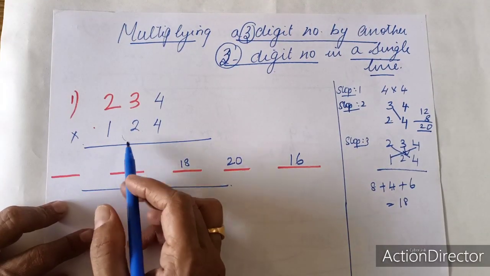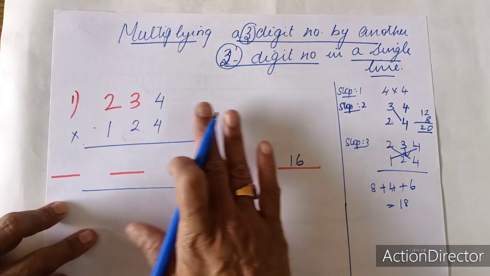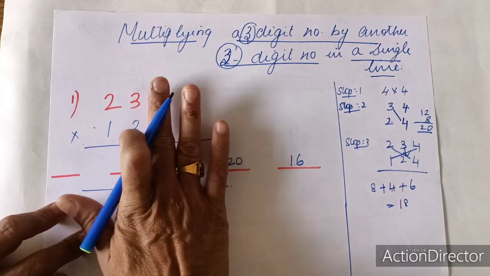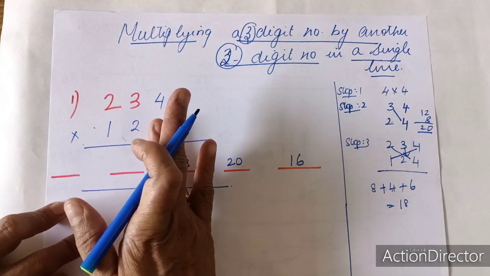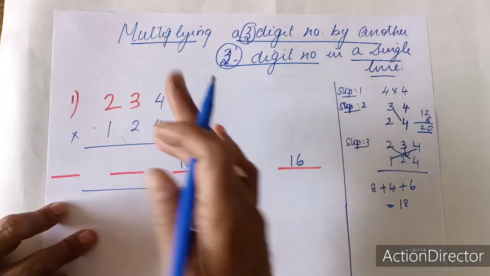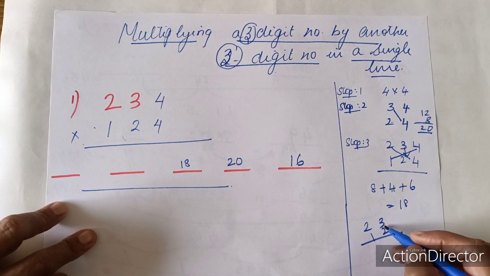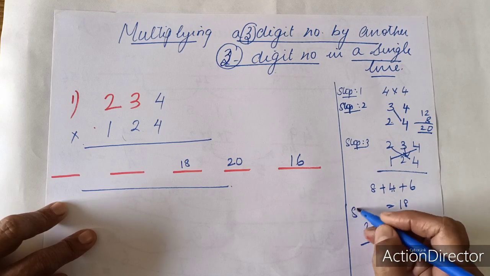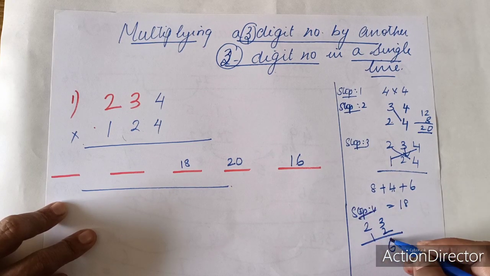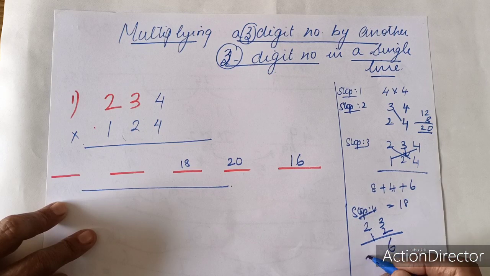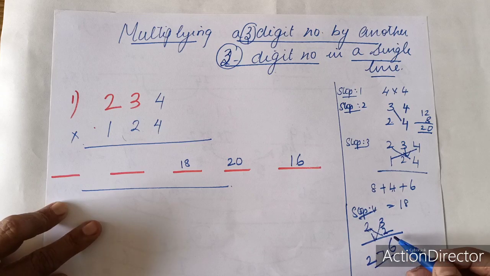Now moving on to the fourth one. Now all the digits are over. Now I will be omitting the last column 4. I will be doing only 2 3 and 1 2. So 2 3 and 1 2, you know already how to do. 2 3s are 6. This is step 4. 2 3s are 6, 2 1s are 2. So now you'll do the middle column. 2 2s are 4, 4 plus 3, 7. So it is, sorry, we'll be doing only the 2, 3 and 1.